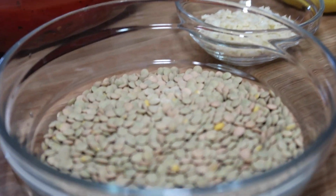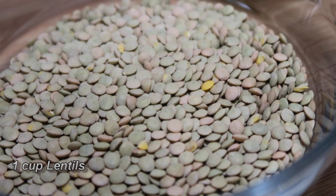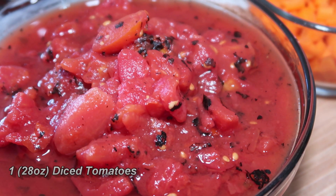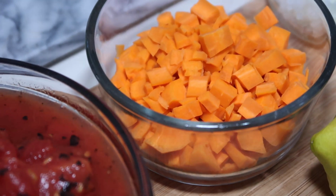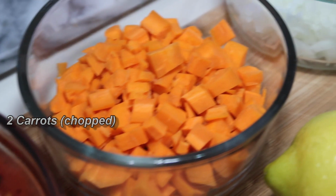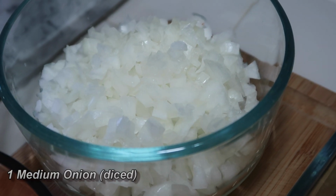So for this soup, you're going to need some brown or green lentils. You're also going to need some diced tomato. I would suggest using fire roasted diced tomato. It just adds more flavor. You're going to need a couple of carrots peeled and chopped. You're also going to need some diced onion,